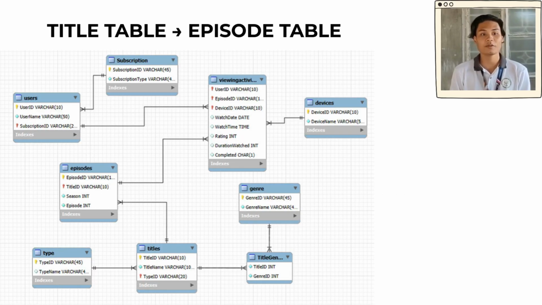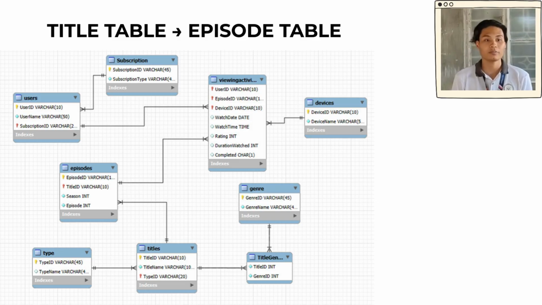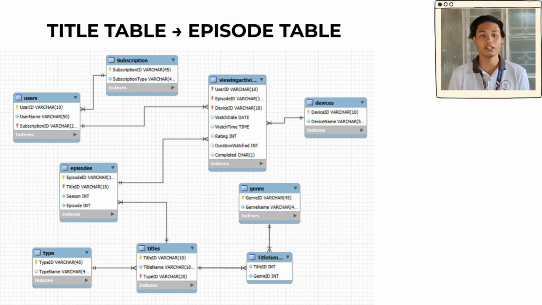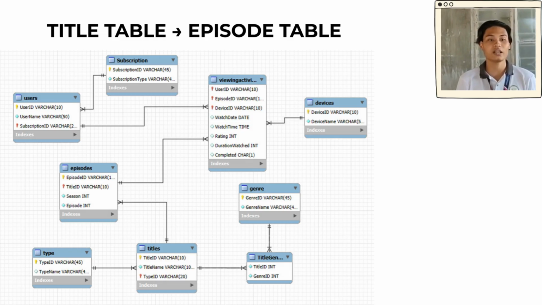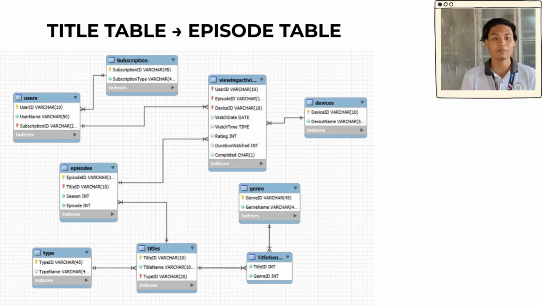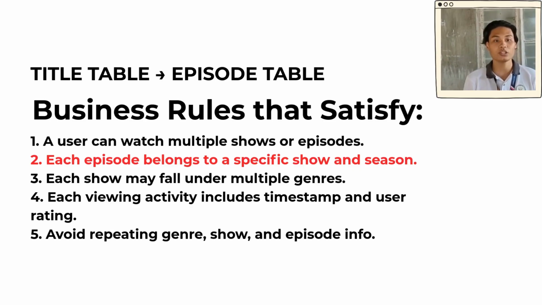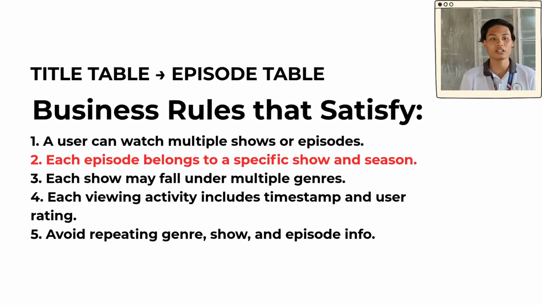The titles entity and episode entity have a one-to-many relationship, because one record in titles can have many corresponding episodes. This is shown by the foreign key title ID in episodes pointing back to the titles. The business rule applied is that every episode must belong to a valid title. A title can exist without an episode, yet episodes are identified by the combination of season plus episode number, making them unique within the title. And as to why we did it, this ensures episodes are logically grouped under a series or show, prevents episodes from floating without a show title, and is useful for organizing content, displaying all episodes under a show, and